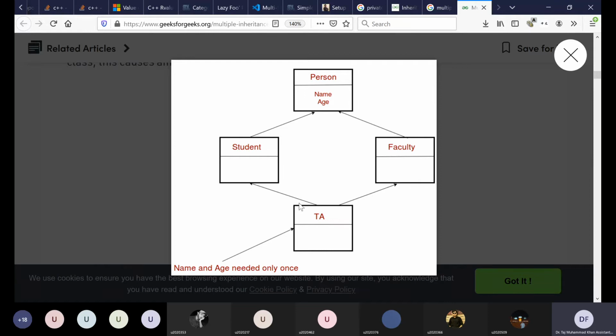Okay. So every object of class dean will contain two copies of the object of class human.